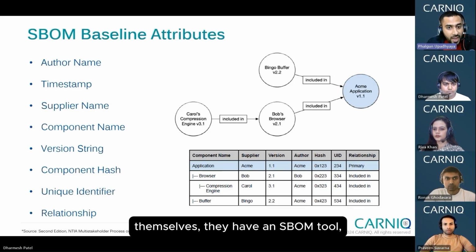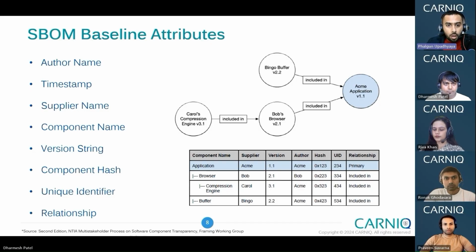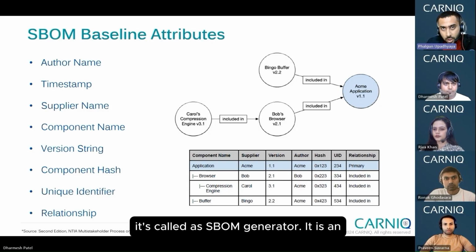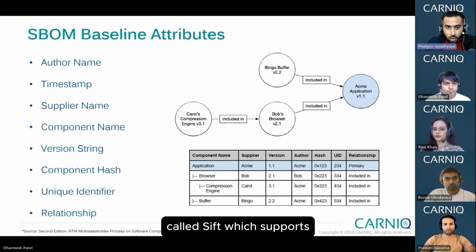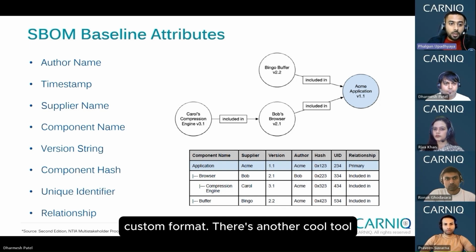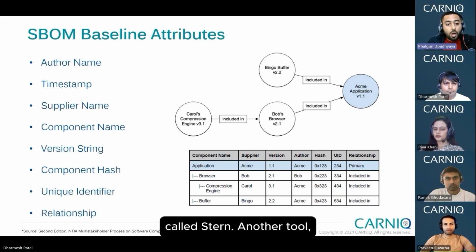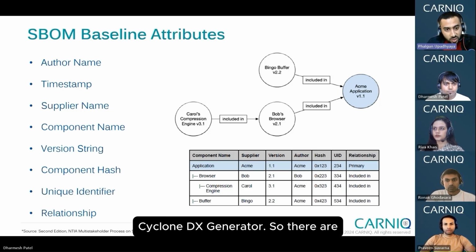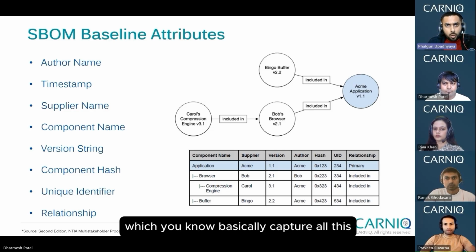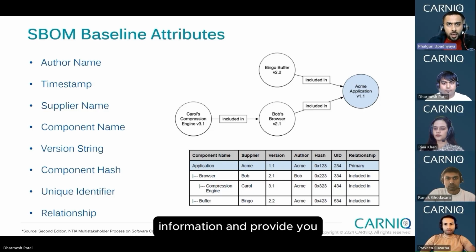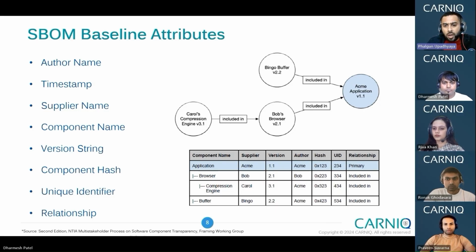Microsoft themselves have an SBOM tool. It's called SBOM generator. It is an open source tool. There is another tool called SIFT, which supports SPDX, CDX, and it has its own custom format. There's another cool tool called Stern, and another tool, Cyclone DX Generator. So there are various tools which basically capture all this information and provide you a way to produce